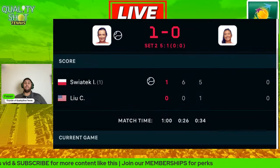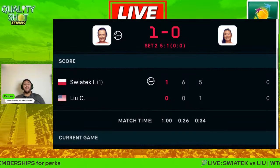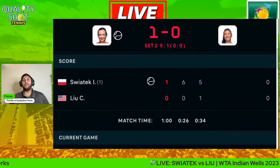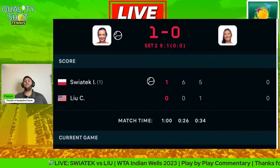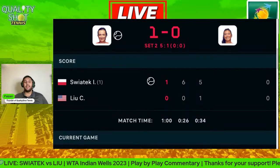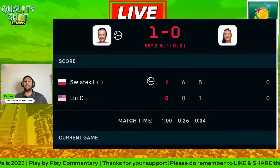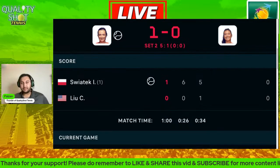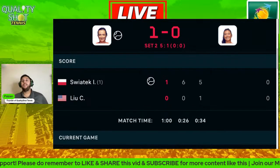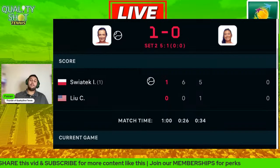Massive serve and forehand return from Świątek, comes forward, goes forehand cross. And what a pass from Claire Liu. Oh, she's happy with herself. Her mum's smiling. It's a beautiful forehand cross, I have to say. Świątek came to the net, and the approach was read by the American. The crowd going ballistic. I mean, this is what we've descended into. And on the stretch, a beautifully struck forehand pass. And it is